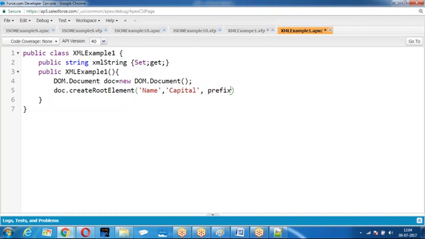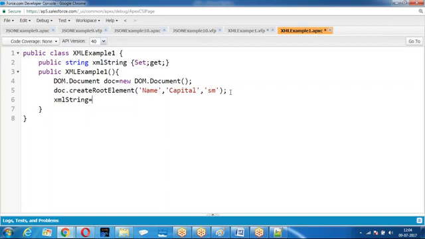We are going to have a lot of importance for this namespace in the Visualforce files. Prefix, I say SM. What did I do? For the document I created a root element. In the root element, three parameters are there: name of the root element, namespace and a prefix. Now, whatever the DOM document is there, I want to convert it into a string.